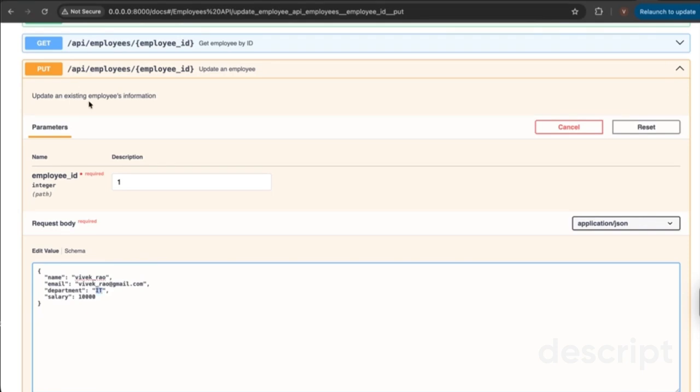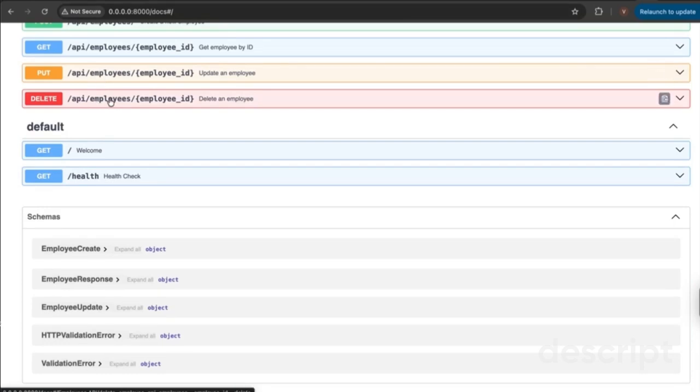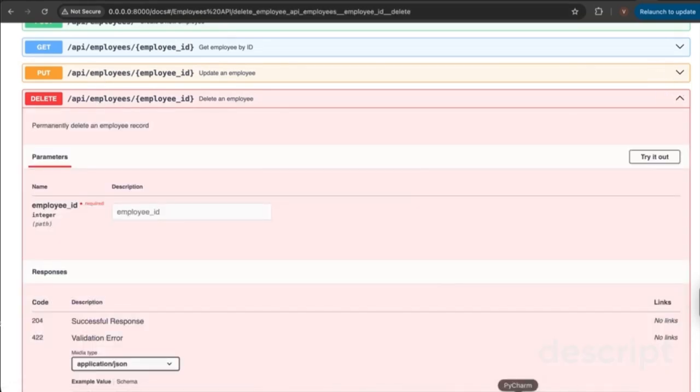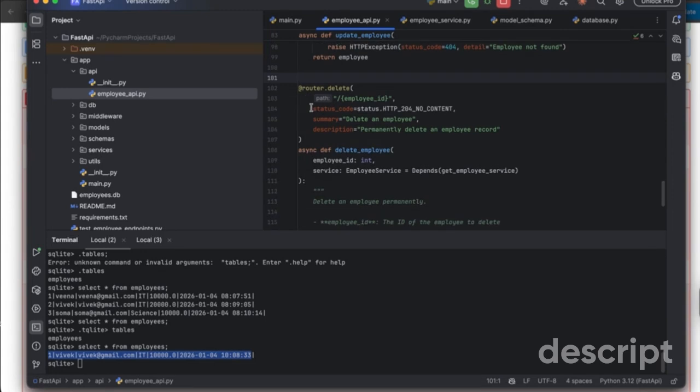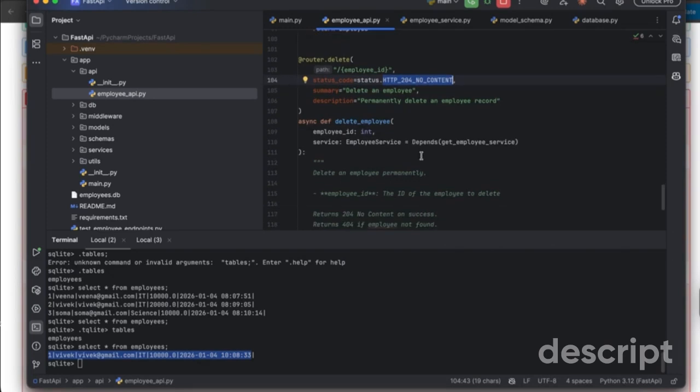So you have to be careful when to use PUT and when to use PATCH. See, the next thing is about deleting. Similarly, how we did for update, we have a similar endpoint for delete as well. In case of deleting an employee object, we do not return any response. We just return a response saying so in the header information. And we should not be passing any response in case of deleting.